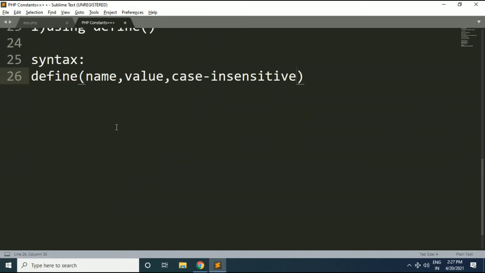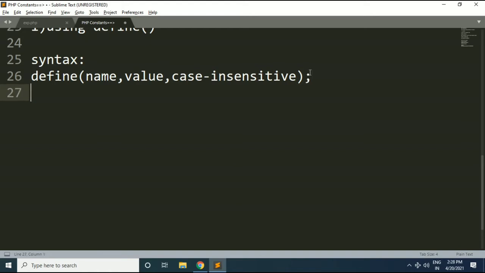The first two parameters are compulsory, and the third one is optional, because by default constant names are case sensitive. If you don't specify the third parameter, it will be treated as case sensitive. If you want a case insensitive constant name, you specify its value as true, so your constant name will be treated as case insensitive.